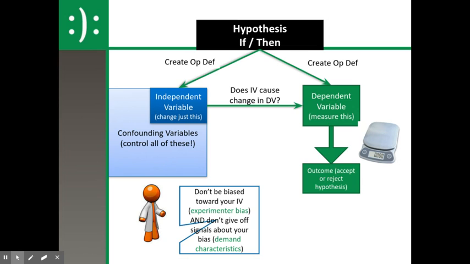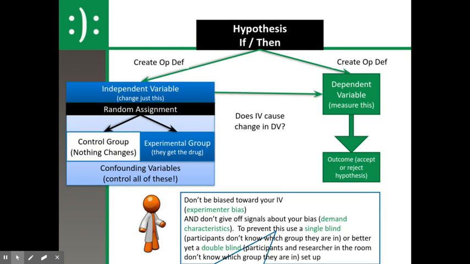We're also going to be looking at some of the other points you see there at the bottom. Don't be biased towards your independent variable, and don't give off signals about your bias, the demand characteristics. We're going to talk about those a little at the end, because these are things we have to watch out for to create a true causation-based experimental study. If we don't control for these, or if we allow them to happen, that could cause flaws in our research. As you see right here, in a more defined graphic, with our independent variable we're going to be talking about random assignment, the control and experimental groups, the placebo effect, all that fun stuff you probably remember,